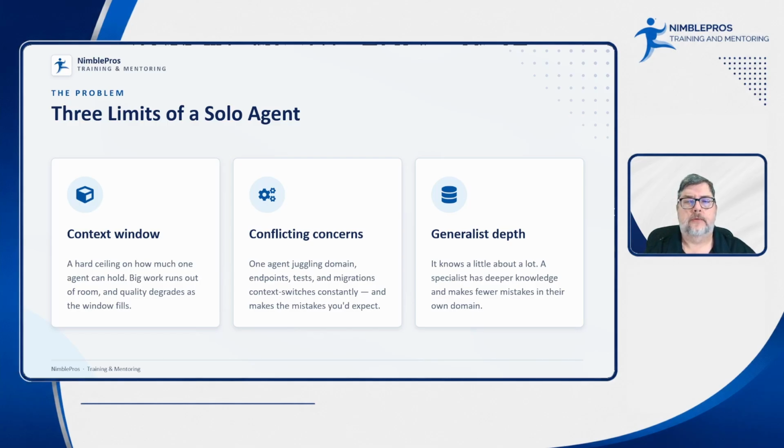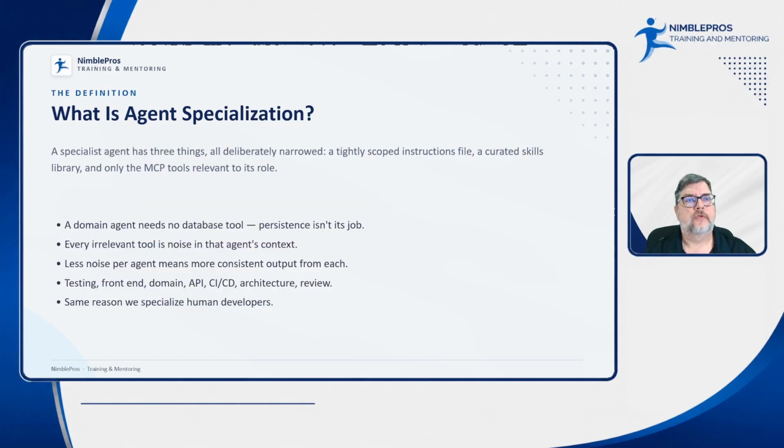So that's generally what the problem is with having these generalist agents. Being able to create multiple agents, each one having its area of focus, allows you to get more in-depth knowledge and a better curated skills library. For instance, talking about skills and MCP servers, if you have a bunch of different skills and a bunch of different MCPs,